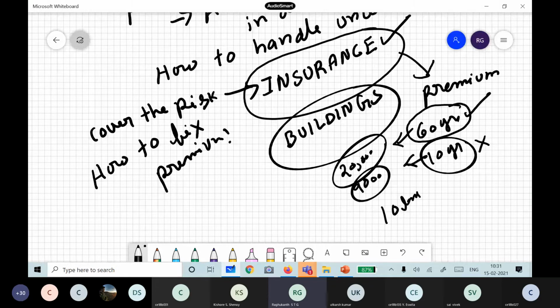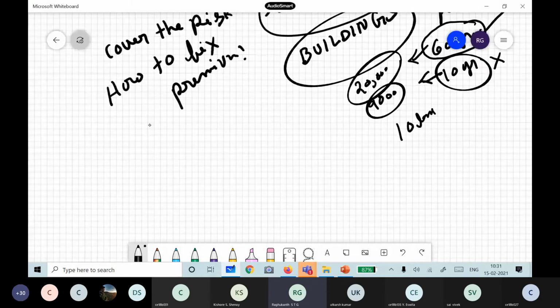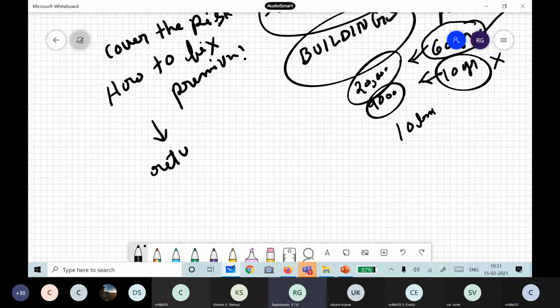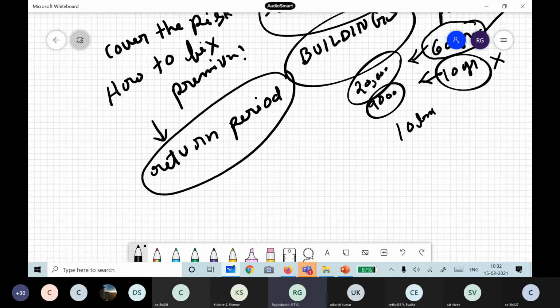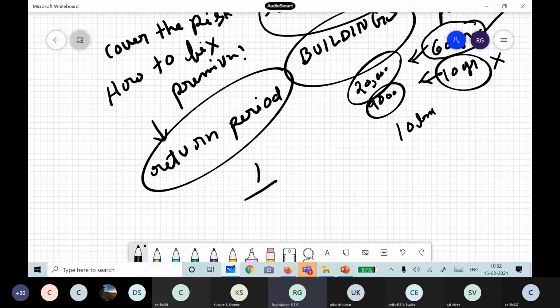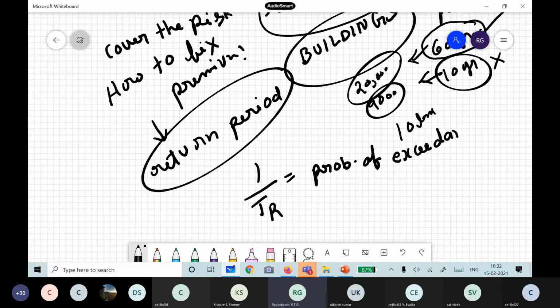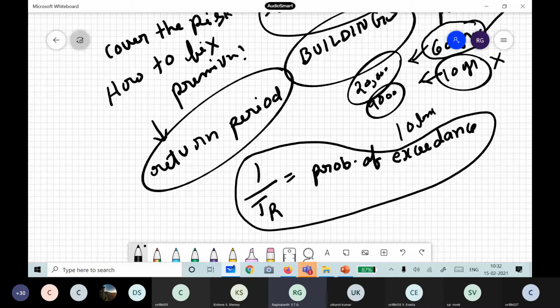So they do this kind of probability analysis, uncertainty analysis. They use the concept of return period. This is the fundamental thing; everything boils down to return period. The reciprocal of the return period, 1 by TR, gives you the probability of exceedance. Generally failure means something has exceeded, so the word everybody uses is probability of exceedance. This is the most important concept. If they know the return period, its reciprocal gives you the probability of failure, which is what is required for insurance companies or for insurance of our buildings.